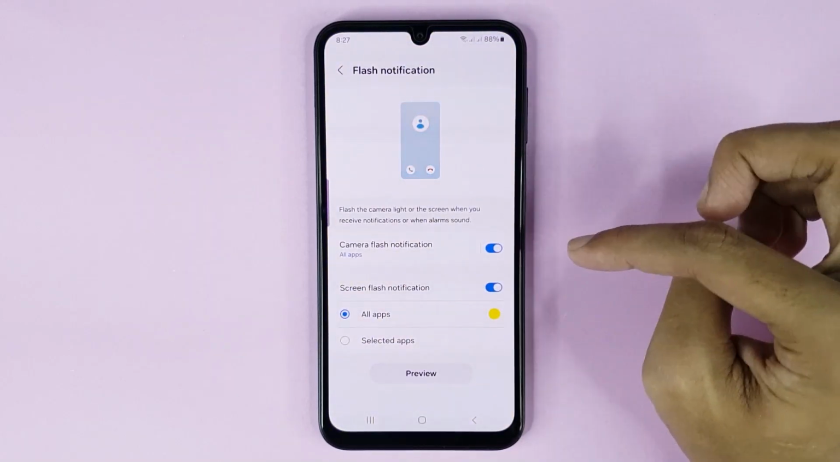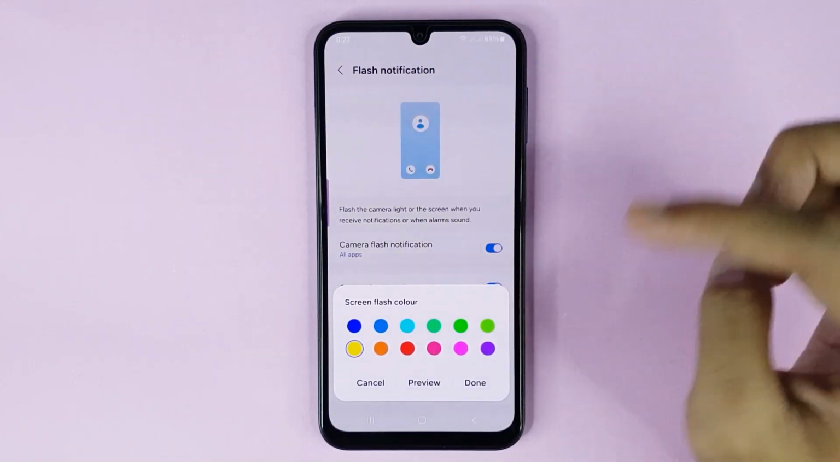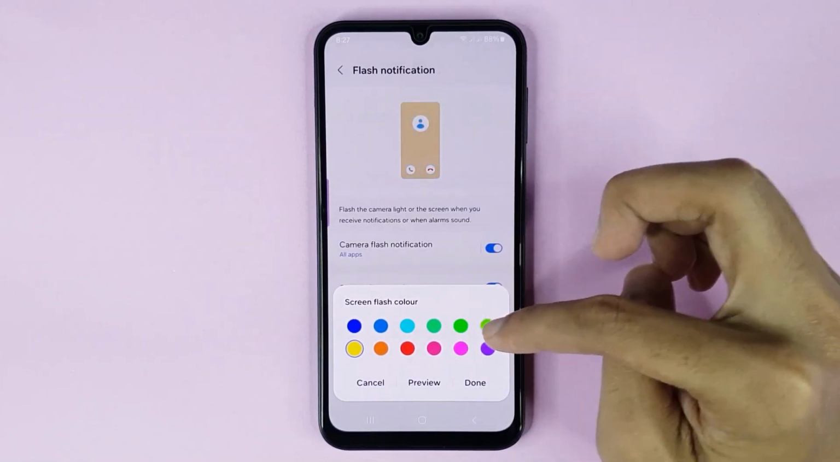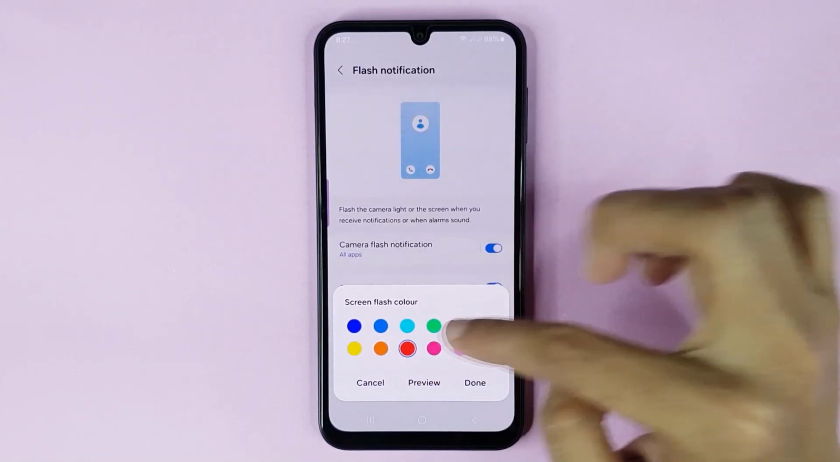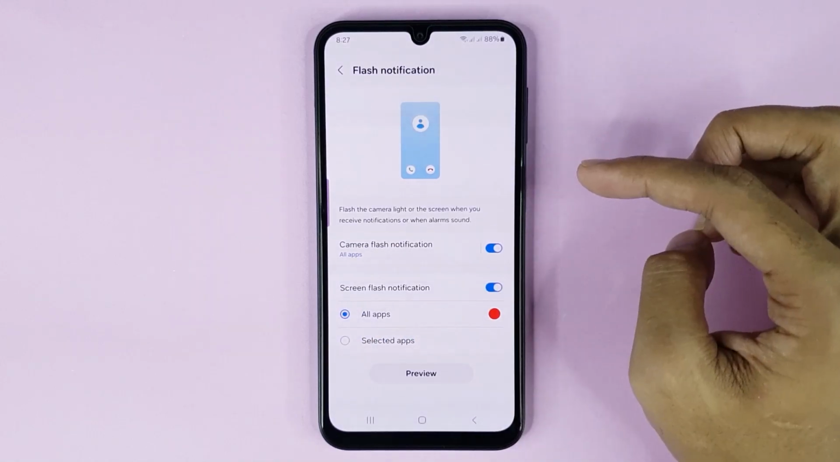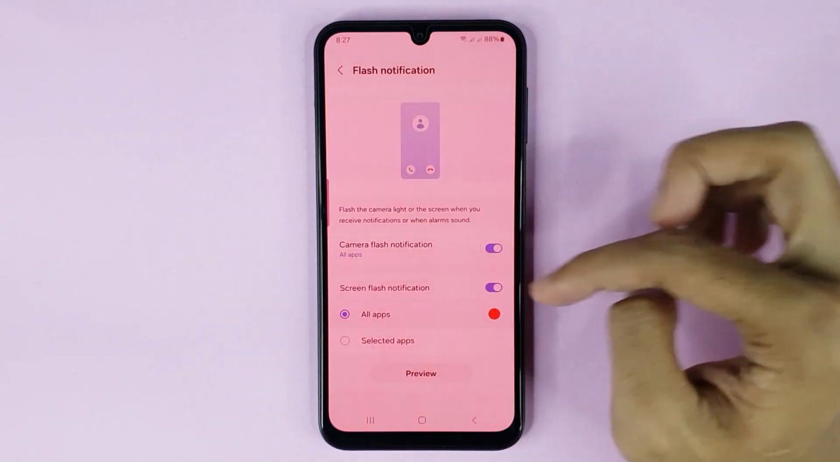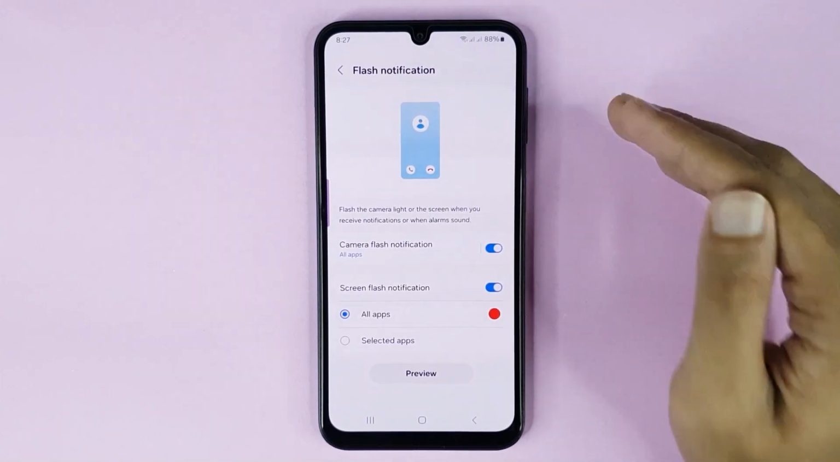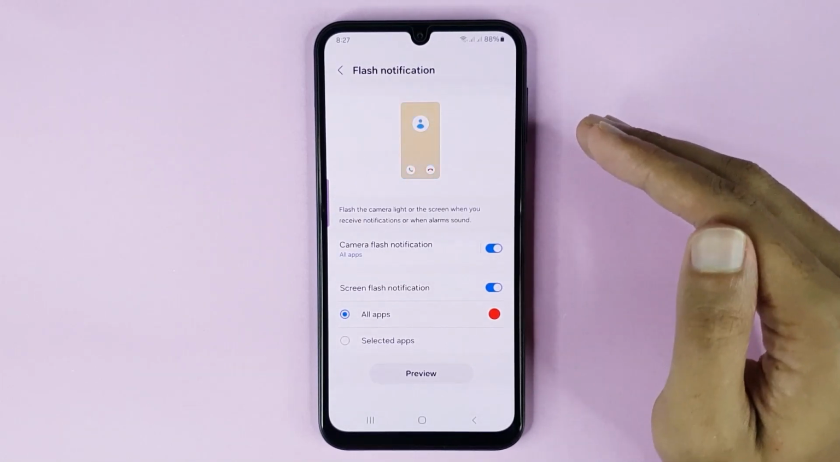is flashing. Also if you tap here, from here you can change your screen flash notification color. You can set any color as you like. If I select red color, then tap on done and it's done, then tap on preview and you can see it's changed successfully. And that is how you can enable or disable flash notification in your Samsung Galaxy M14 4G